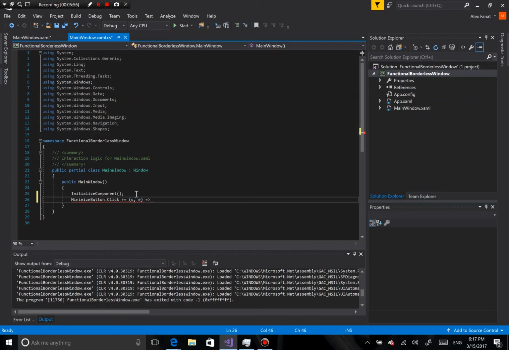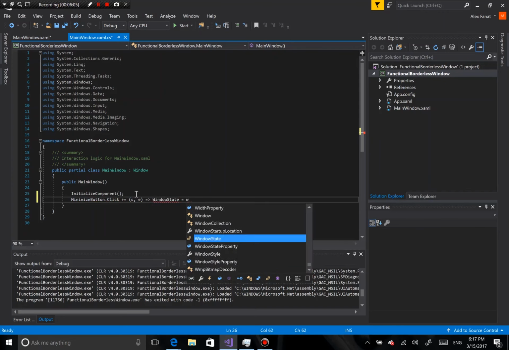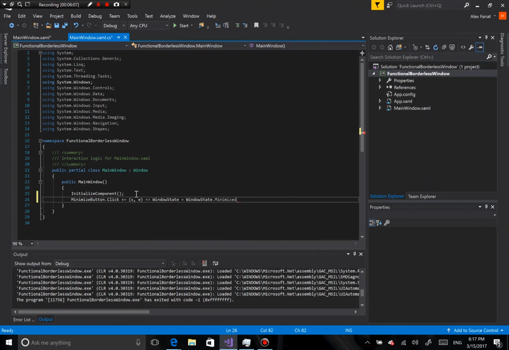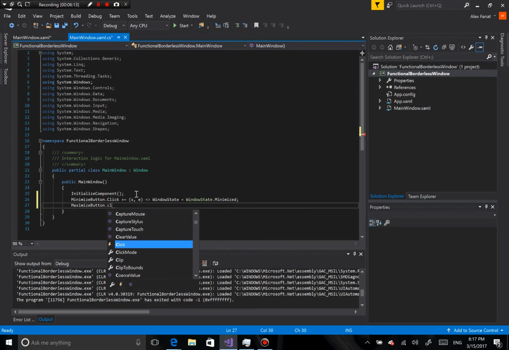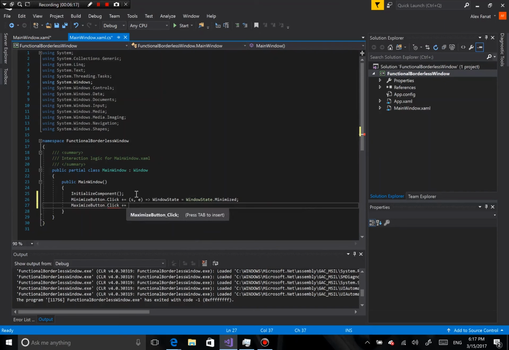This is like a lambda expression, I'm pretty sure they're called, and this just does this: WindowState = WindowState.Minimized, and then MaximizeButton.Click. Since the maximize button actually does two things, either restores or maximizes, depending on if it's restored or maximized,